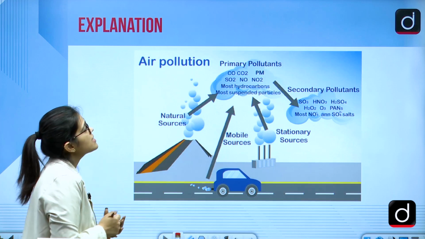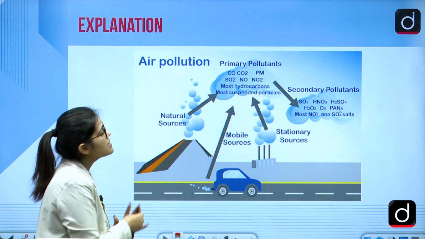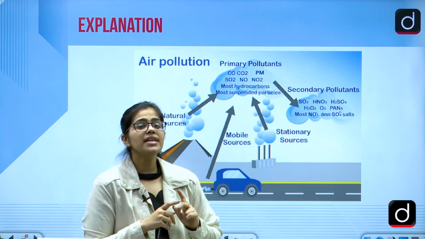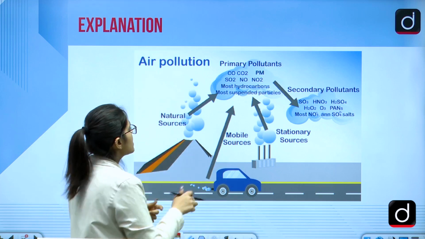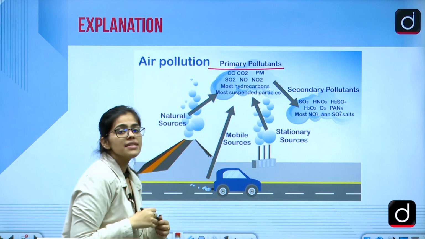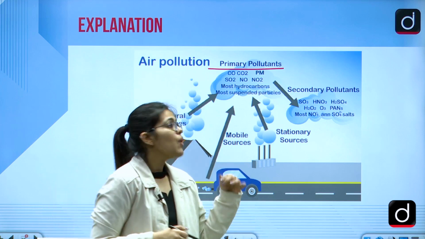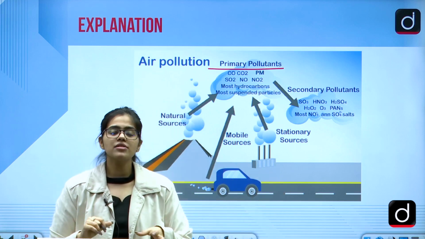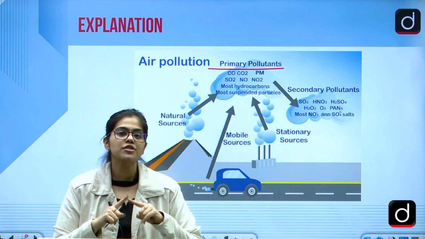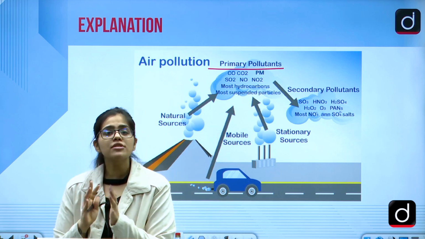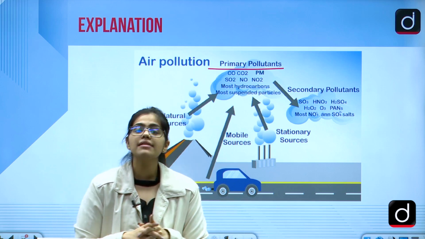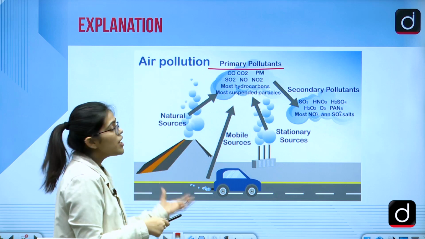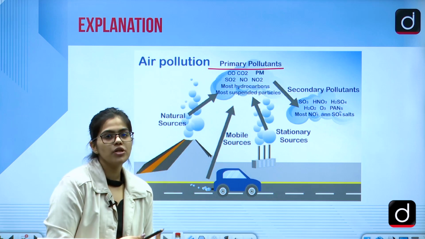Now here I have some extra information, because we find these questions are definitely asked in the paper. There are some primary pollutants and there are some secondary pollutants. You should know what the primary pollutants are and what the secondary pollutants are. Primary pollutants are those that are directly present in the air and can cause a lot of problems, while secondary pollutants are compounds. You mix two things together, like smoke and fog were mixed to make smog. This is how you mix two compounds together, and that can lead to the creation of secondary pollutants.